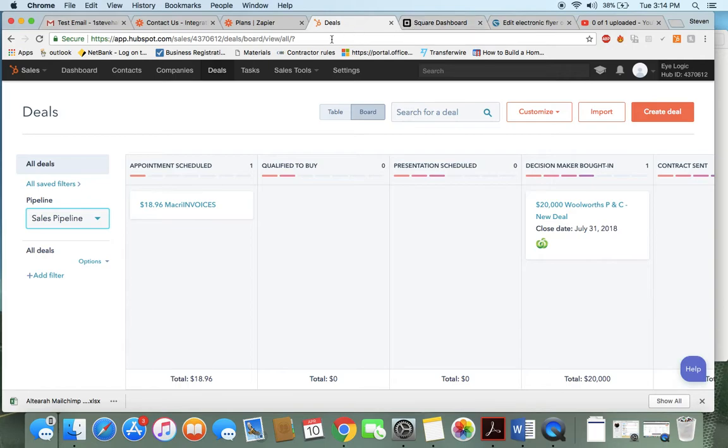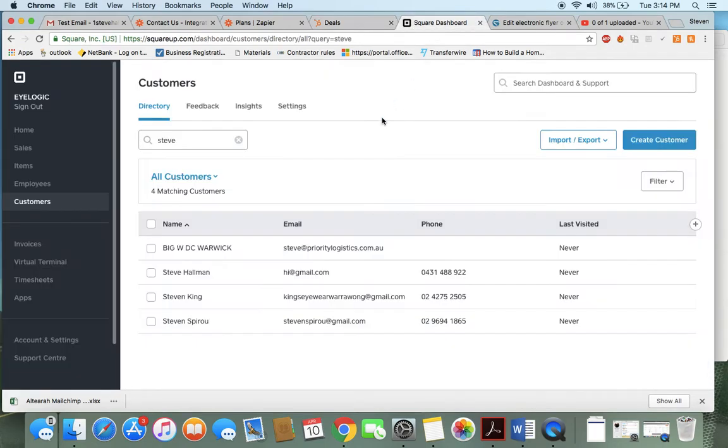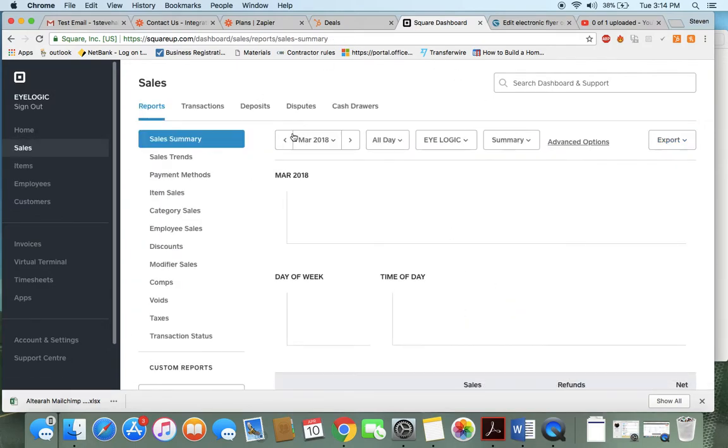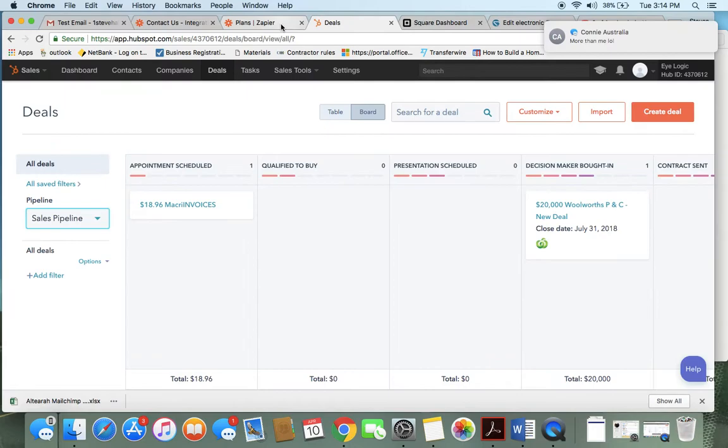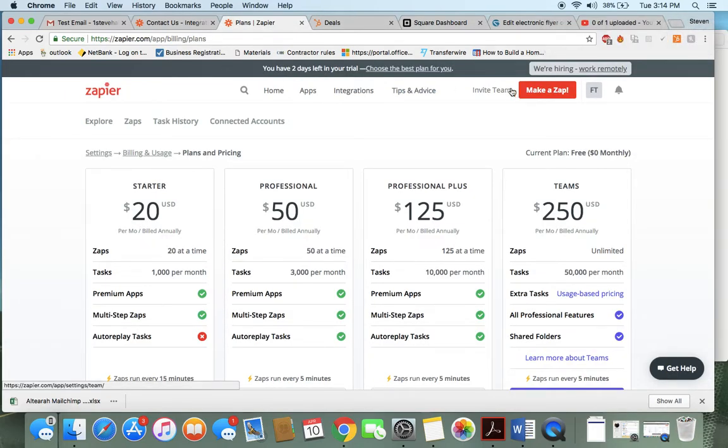Alright, so I just want to look at the last one here, and that is having invoices that come in through Square actually go to deals in HubSpot. So let's take a look at that. So basically, if we go back to Zapier here,